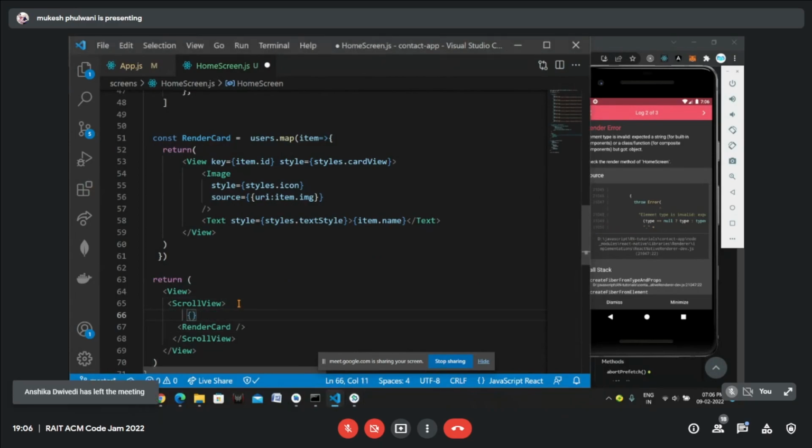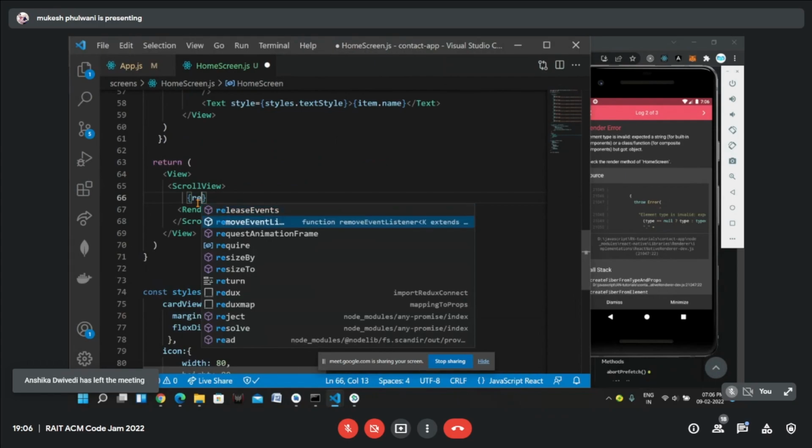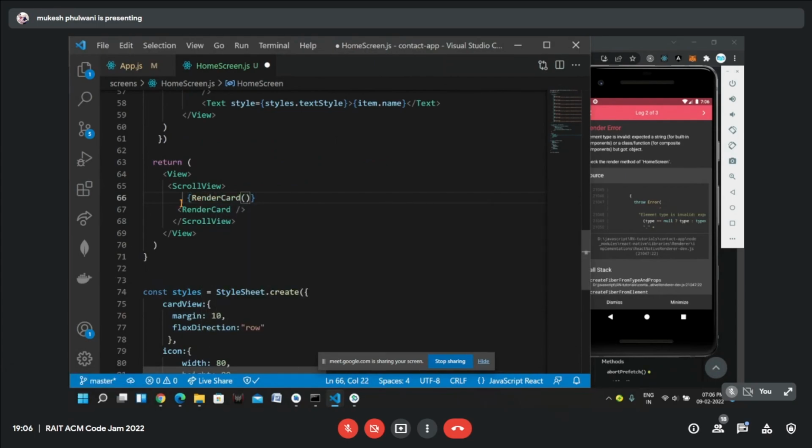Let me use it as a function, renderCard with parentheses.